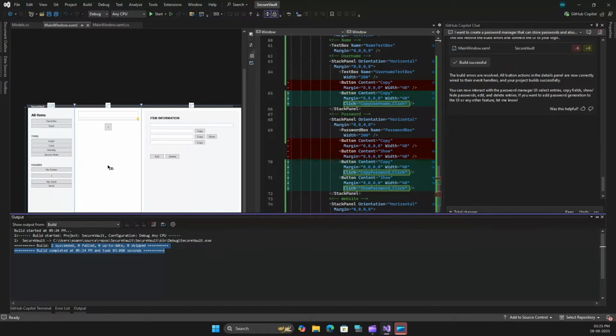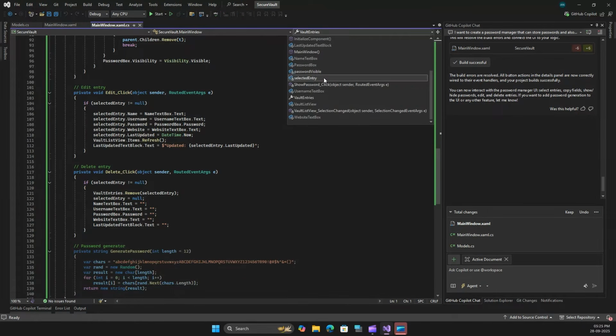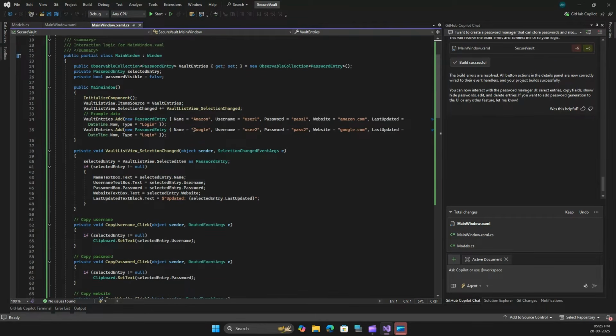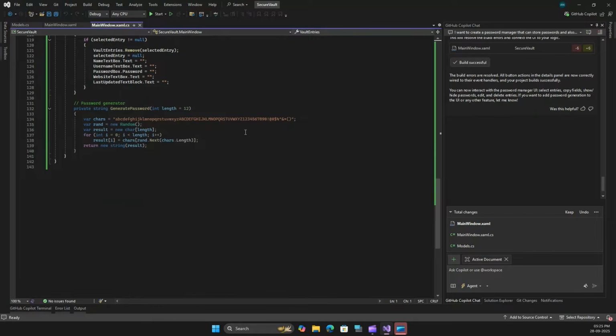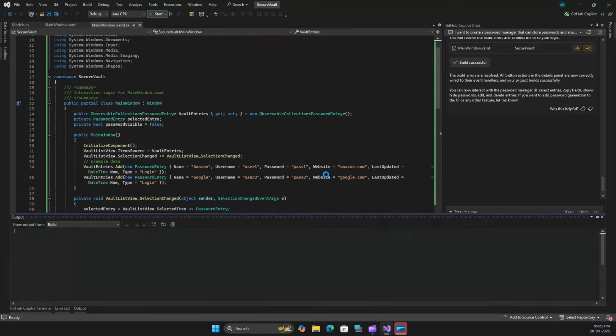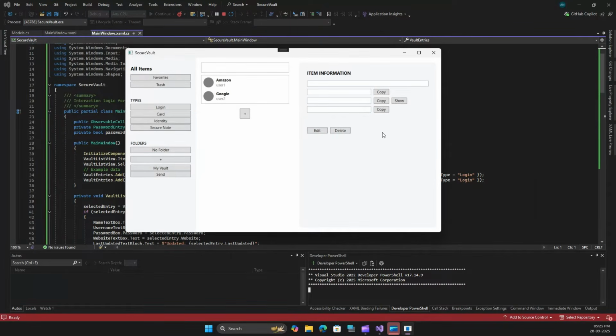Now let's go to the code behind and see where the option to add a password is. So we have show password, delete password, and generate password. And let me run the application first and see it in action. So now you can see the application is running, and